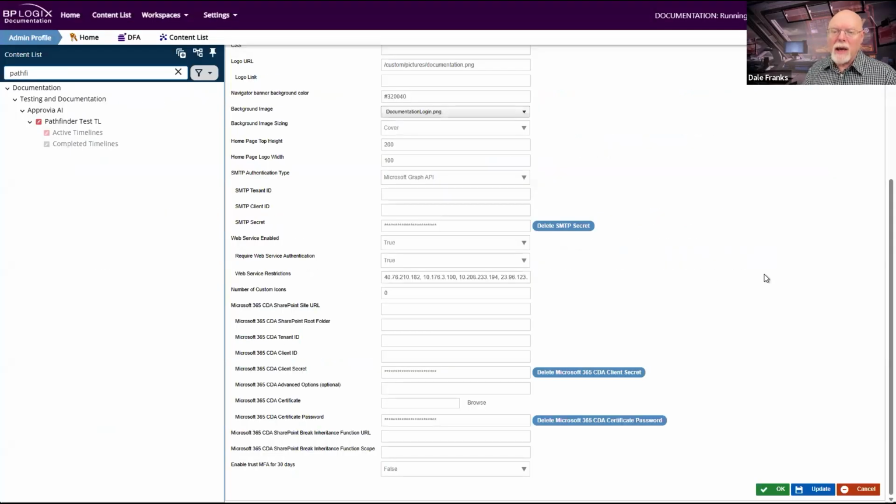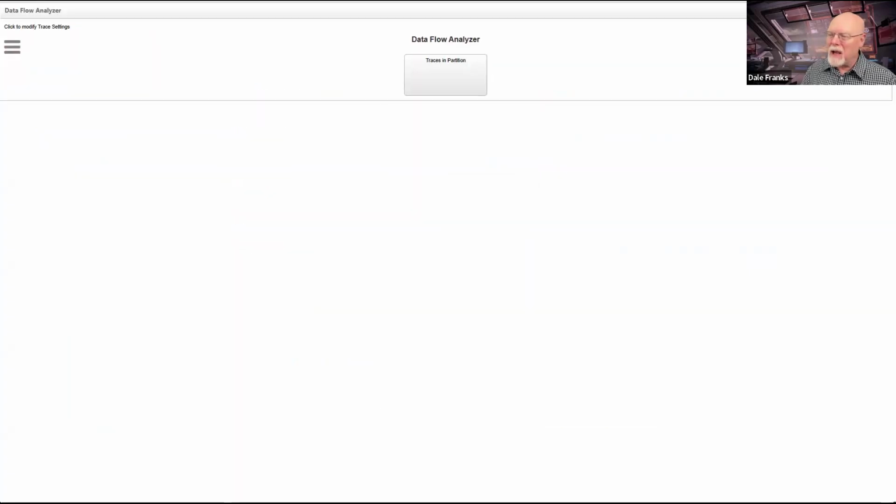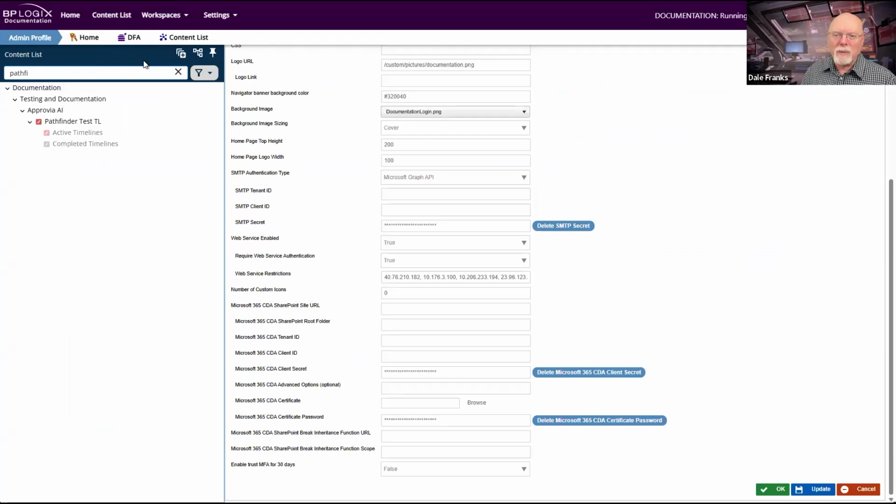So whenever you're looking at them up here, they don't look any different, but we have changed the behavior so that if you control click, you don't see what happened, but when I hit control click on DFA, it opened up the data flow analyzer for me in a new tab in my browser because I control clicked it. So it does whatever the standard link behavior is whenever you click it.